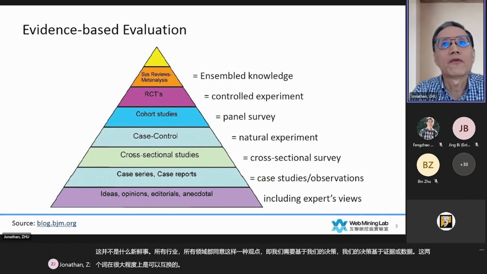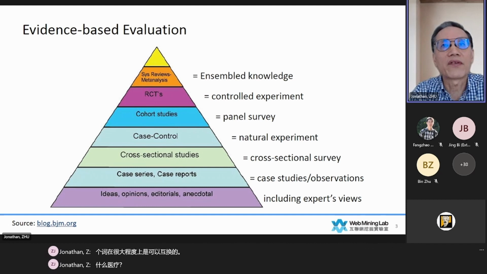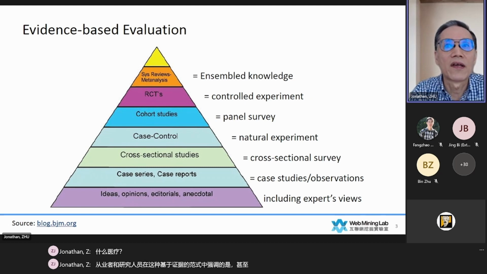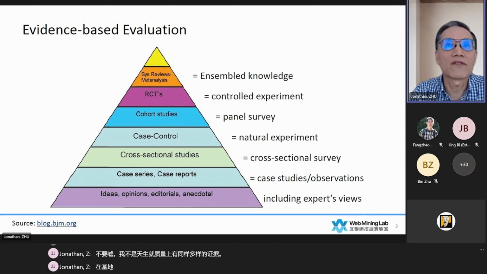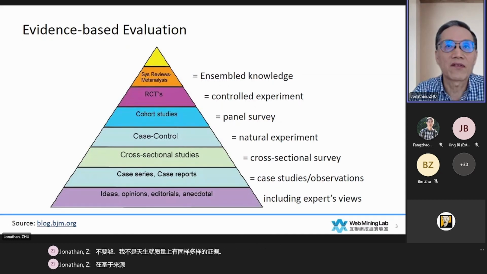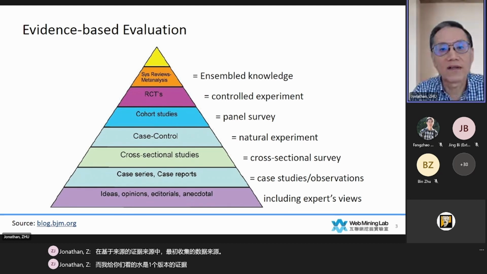What medical practitioners and researchers emphasize in this evidence-based paradigm is that even data or evidence are not born equally. Evidence varies in terms of quality, based on the sources of the evidence, the sources of the data that was originally collected. And what I show you is one version of the evidence-based evaluation, which separates the data into 7 different types of